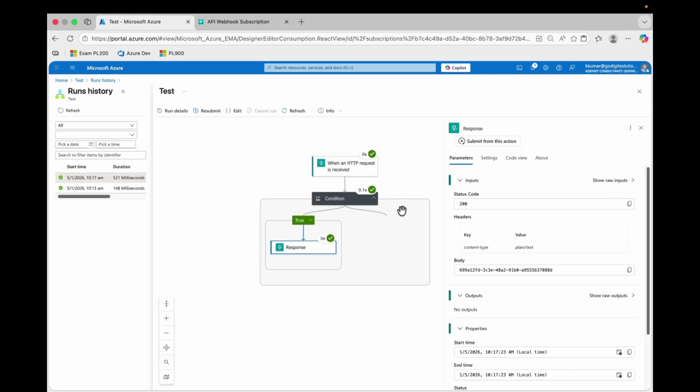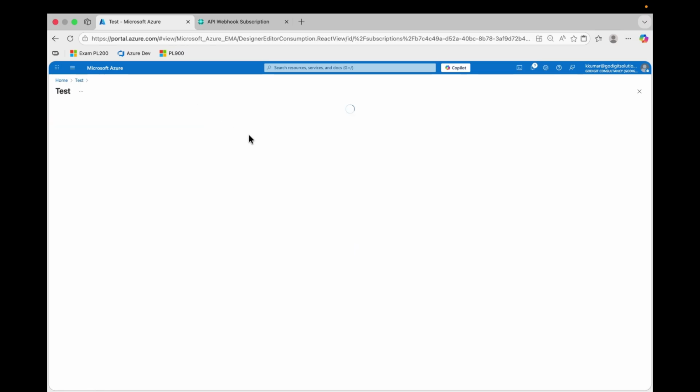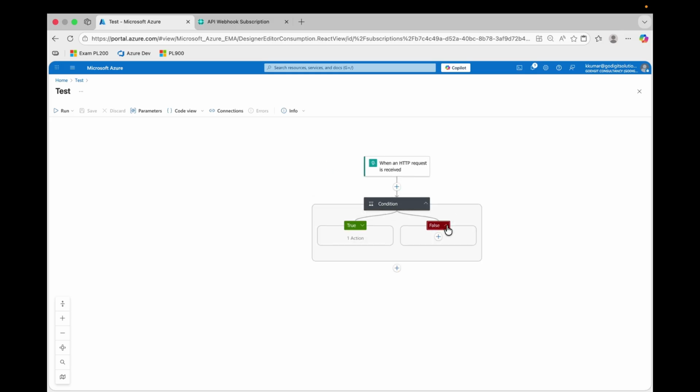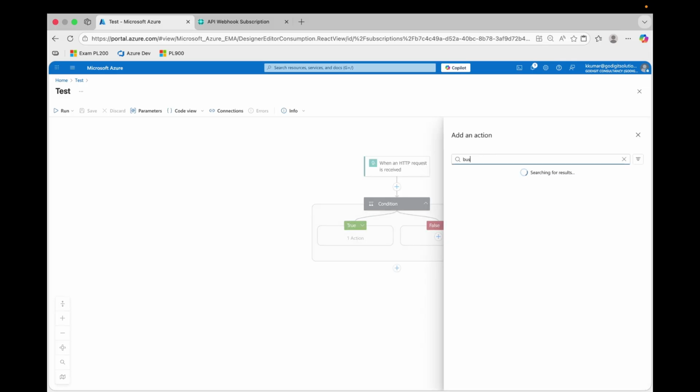The body contains the validation token only, and so it is passing the same validation token to the Business Central. So that is how my subscription registered successfully. Right now, based on the false condition, if I want to set, you can define it